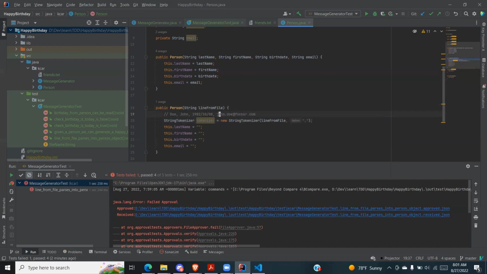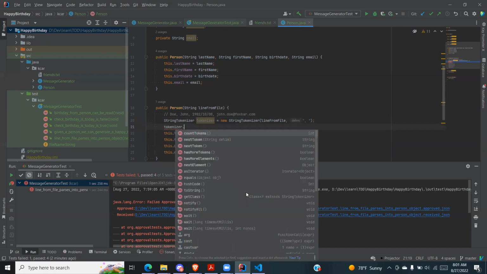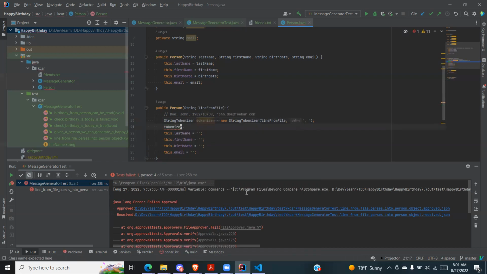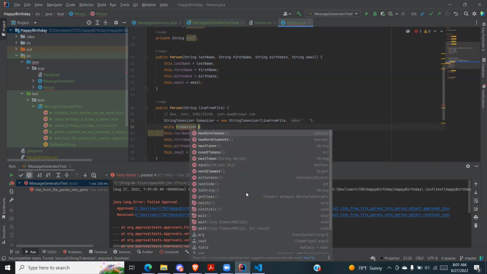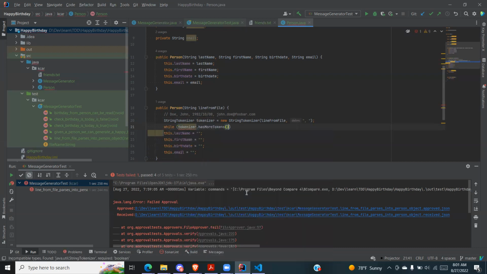Now we notice that there's a space after the comma, so maybe it should be a comma space. All right, and so then we'll say, so you got tokenizer dot count tokens, next tokens. All right, so while tokenizer dot has more tokens,